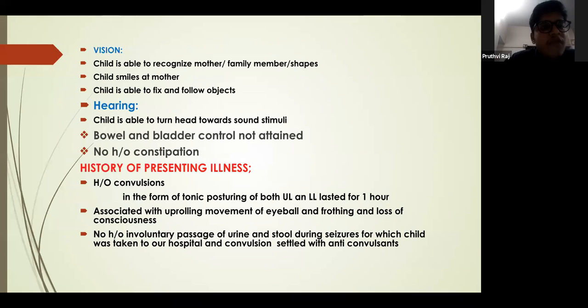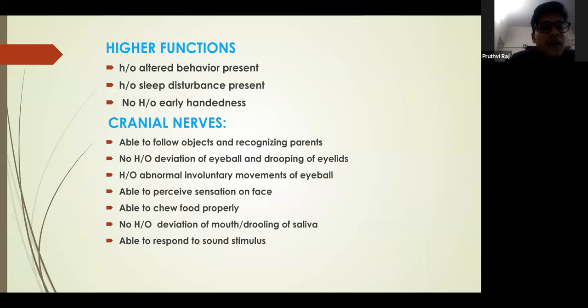History of convulsions in the form of tonic posturing of both upper limbs and lower limbs, lasted for 1 hour, associated with uprolling movement of eyeball and frothing and loss of consciousness. No history of involuntary passage of urine and stools during seizure, for which child was taken to our hospital, and convulsion settled with anticonvulsants. Higher functions: no history of altered behavior, history of sleep disturbance present, and no history of early handedness. Cranial nerves: able to follow objects and recognizing parents, no history of deviation of eyeball and drooping of eyelids, history of abnormal involuntary movement of eyeball, able to perceive sensation on face, able to chew food properly, no history of deviation of mouth and drooling of